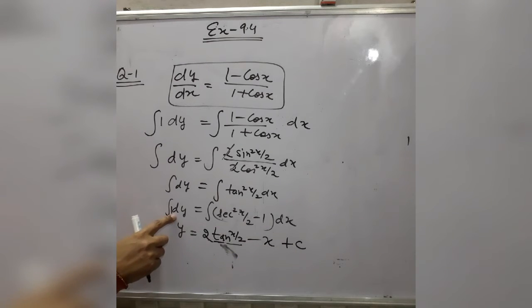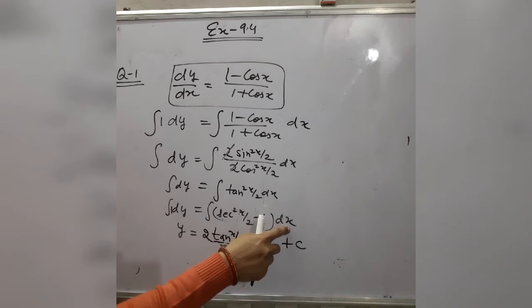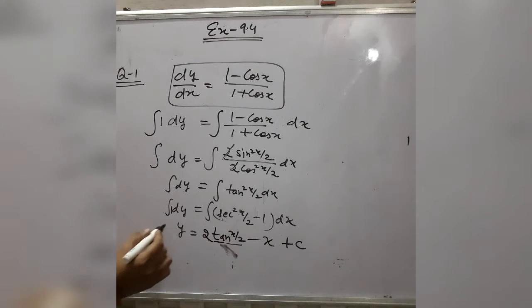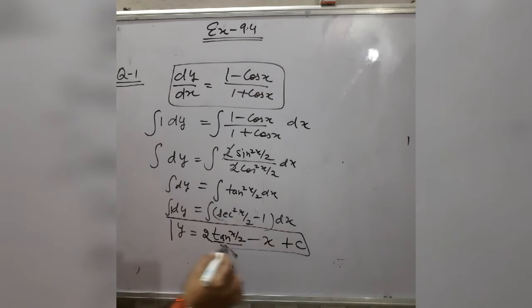on one side, because here also there is an integration constant, let us suppose c1, and on this side the integration constant is c2. Shift both constant terms to one side, c2 minus c1, and in place of both constant terms you can take only a single constant term c. So this is the solution of this differential equation.